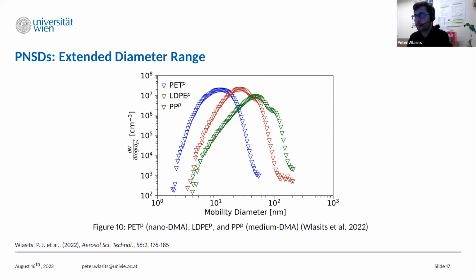And what we can see here is that these concentrations come down at around, let's say, 100 nanometers. And what we can also see is that starting from around, let's say, 80 nanometers, there is also a coagulation effect appearing. But these measurements were just aimed at seeing how big the particles actually are that we are producing, if the whole size distribution couldn't be recorded with the nano DMA.